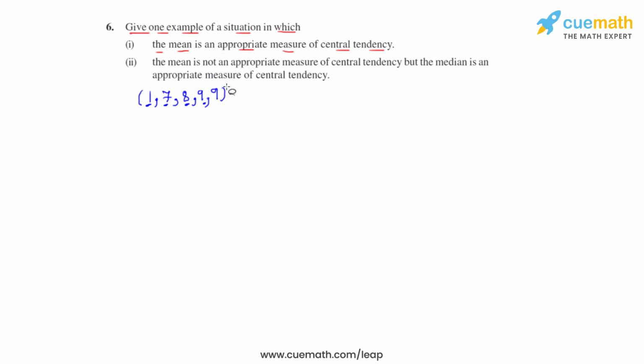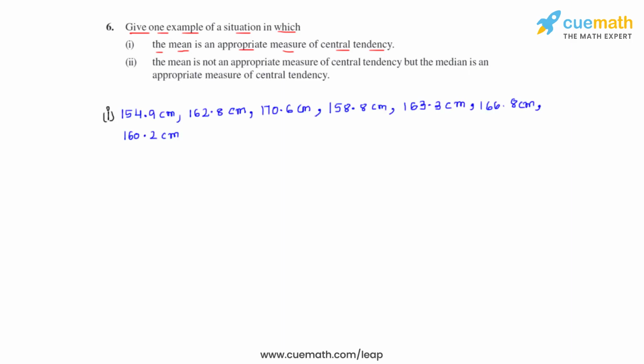So our values in a given data must be close to each other so that we can take mean as the appropriate measure of central tendency. So let's take an example wherein the data is about the different heights of different family members. In this case, it can be observed that the observations in the given data are close to each other. So we can say that mean will be calculated as an appropriate measure of central tendency.